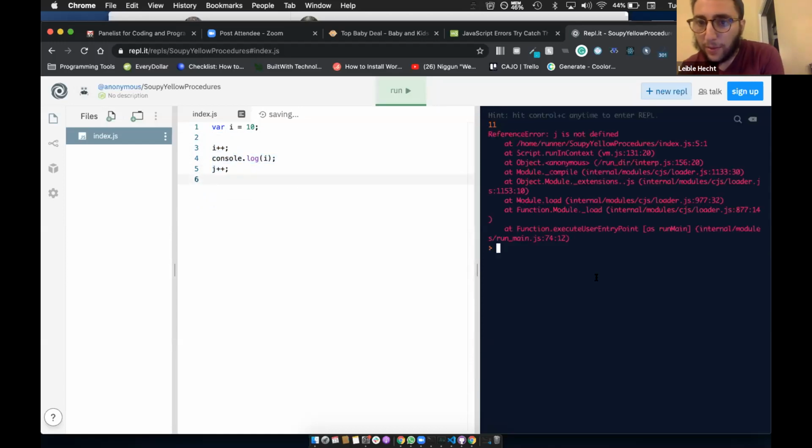Oh, now look what happened. It printed 11, so I had 10, I incremented, and then it says j, whoa, whoa, whoa. j is not defined. How can you just try and increment j when j is not defined? So that's called an error. So now what's going to happen is if there's any sort of error in my application, it's just going to